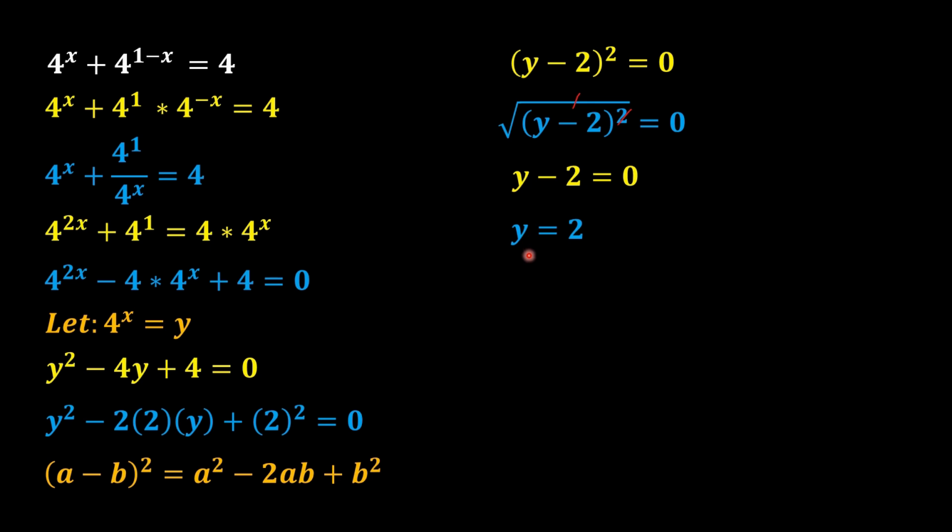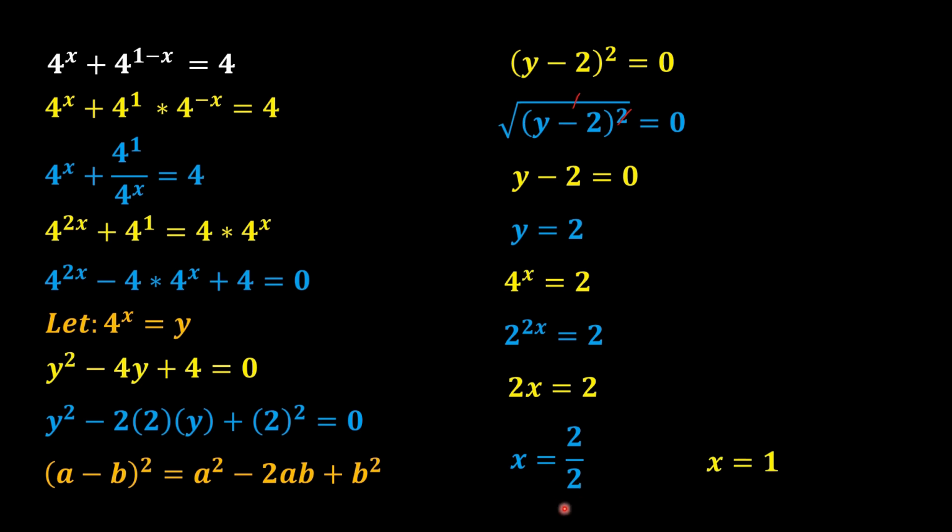But as we know this y is our assumption; in reality the value of y is equal to 4^x, so here we replace y with 4^x, and this 2 will remain the same. Now 4^x can be written as 2^(2x) is equal to 2, and according to the index formula if the bases are equal then their powers are also equal, so here we apply the same rule. As a result we get 2x is equal to 2, and now this 2 will go to the other side of the equation and divide 2.